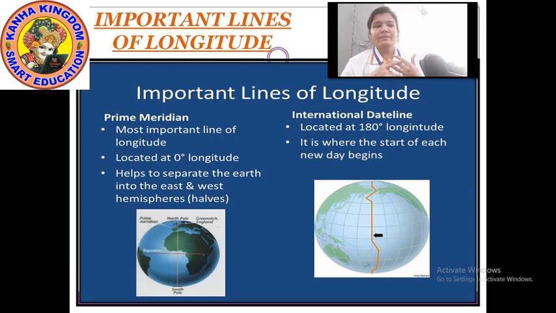One is the northern hemisphere. The upper hemisphere is known as the northern hemisphere and the lower hemisphere is known as the southern hemisphere. And again in the center, moving from the poles, a yellow line from north pole to south pole, you can see that line is the prime meridian, which divides again the earth into two equal halves, into two hemispheres, but now the hemispheres are the eastern hemisphere and the western hemisphere.